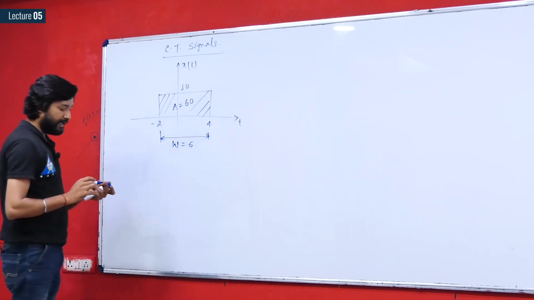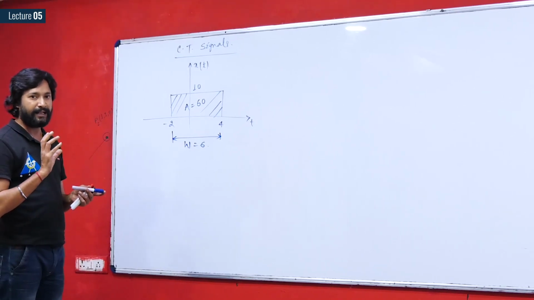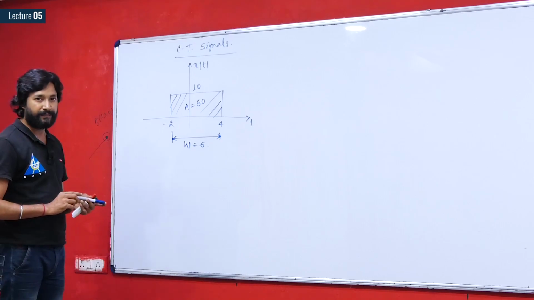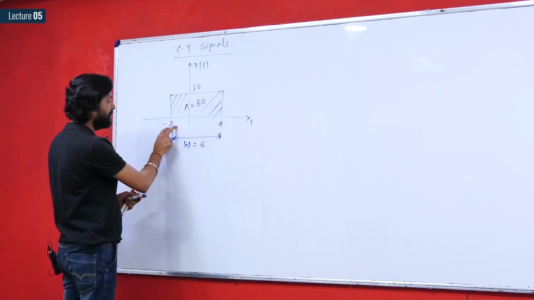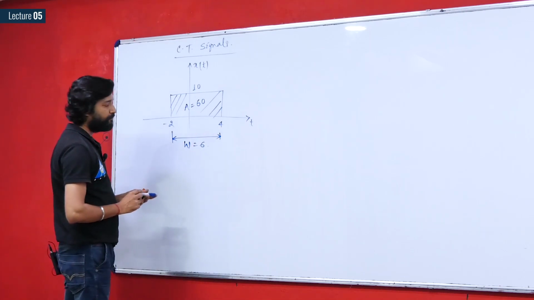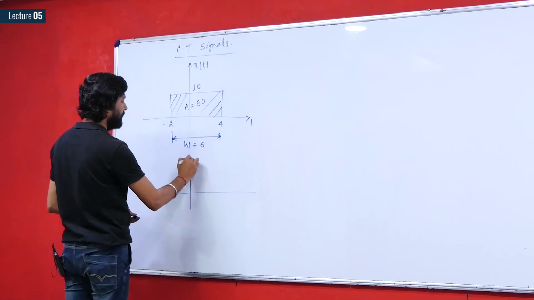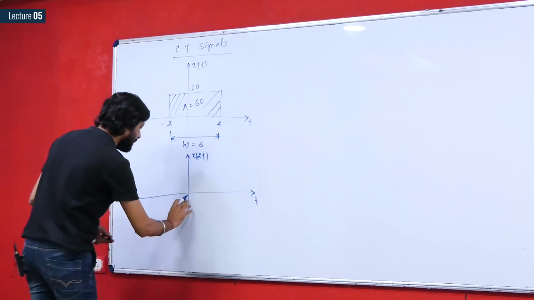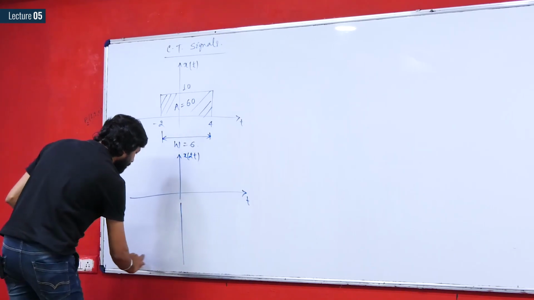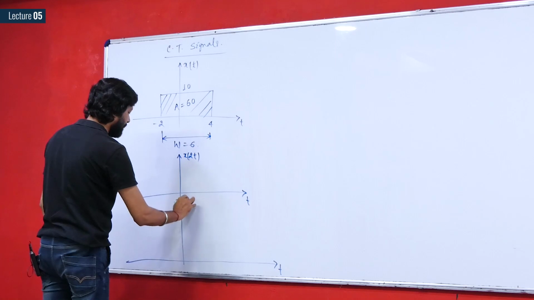Now, you have told that if you are going to time scale this signal, then you are going to define x of alpha t for this given x of t. Then what you have to do is just divide the existing limits by the scaling factor alpha. Therefore, you have obtained two signals. Let's say you first obtain x of 2t, and another signal, with respect to t only, you plot x of t by 2.